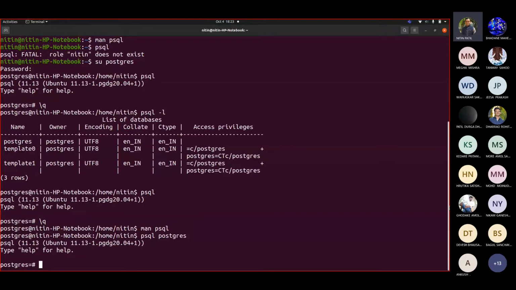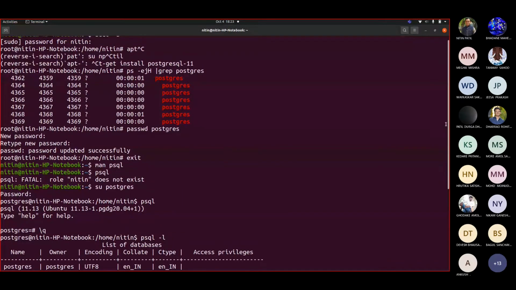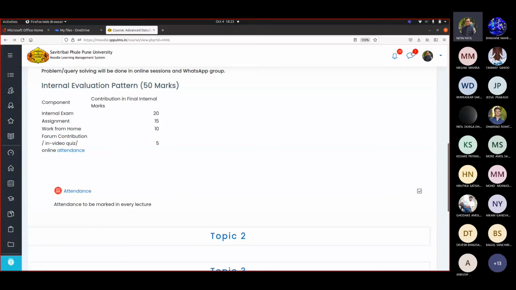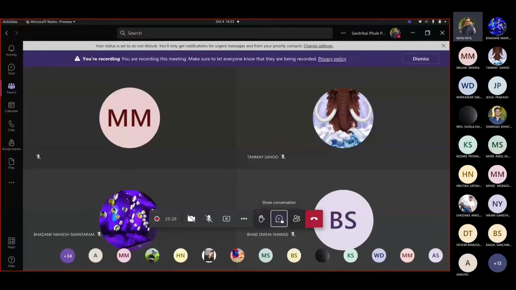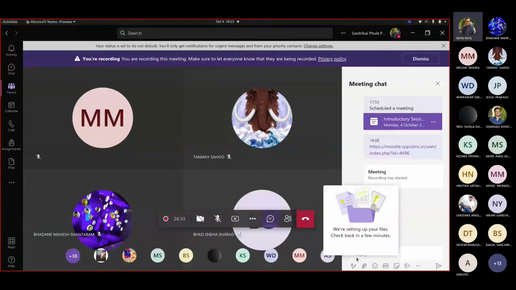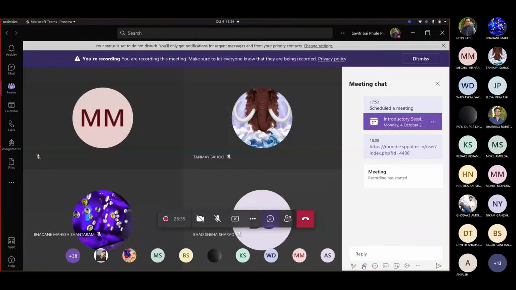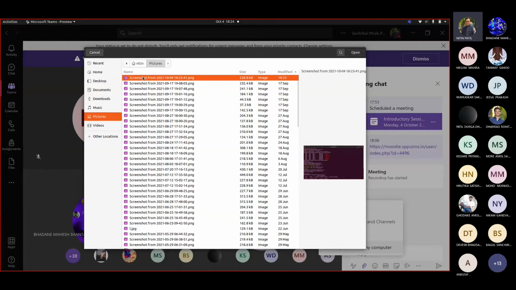Now suppose I tried these 2 commands. First I saw this, so I will take a screenshot of this and add this screenshot on my drive. For a while, let me add that screenshot on our Moodle comment window, upload from my computer, pictures and then this.